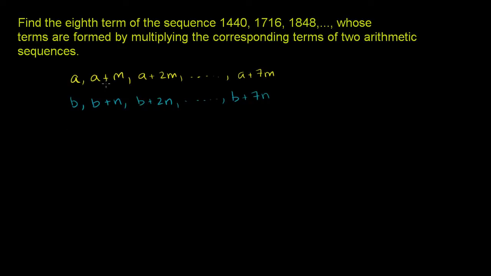Now, they tell us that the products of the corresponding terms of these two sequences are the terms of this sequence. So when you take the product of a and b, we get a times b. I'll color code it here, a times b is going to be equal to 1440. We also know that a plus m times b plus n is going to be equal to